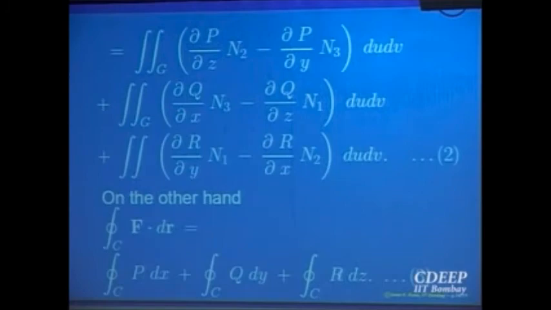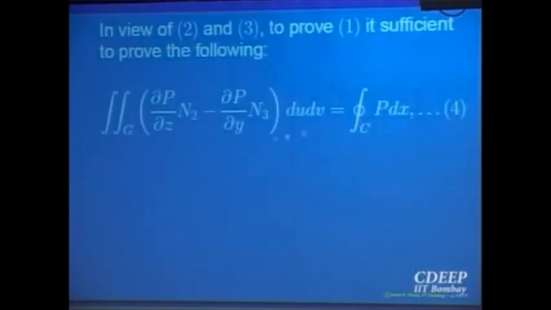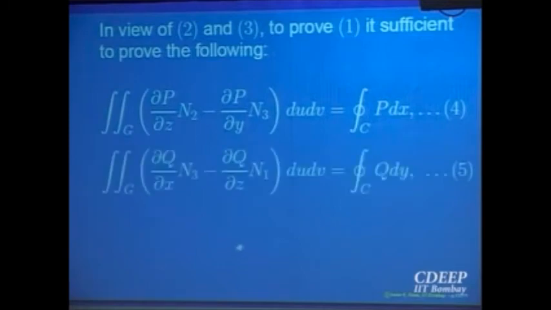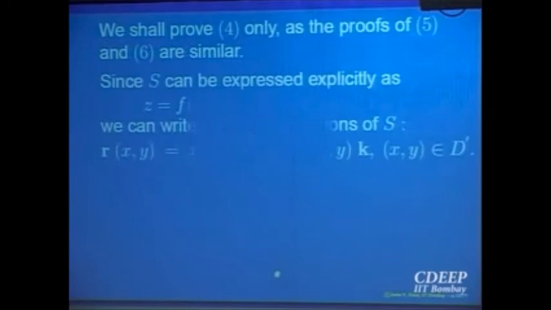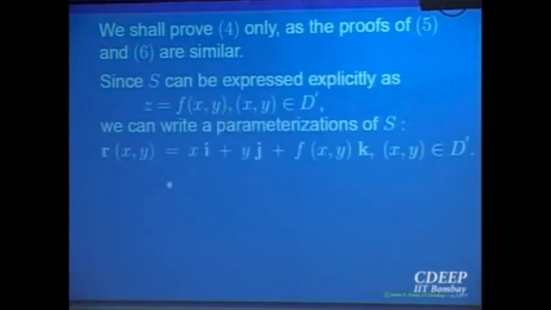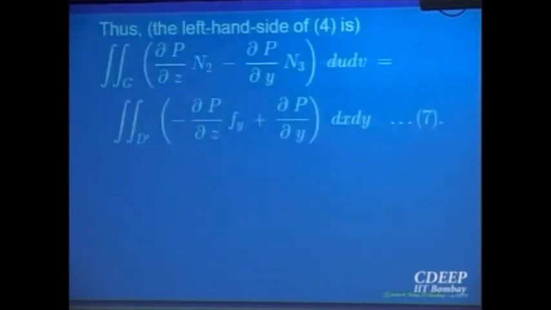So that is the first thing we want to do. Let me write that. We want to prove this is equal to this, all those three things. So the first observation is, let us write z equal to f(x,y), write the normal, and compute n2 and n3. So write the normal n1, n2, n3. Put those values in, so this thing is precisely this.